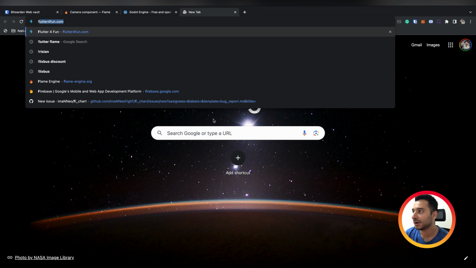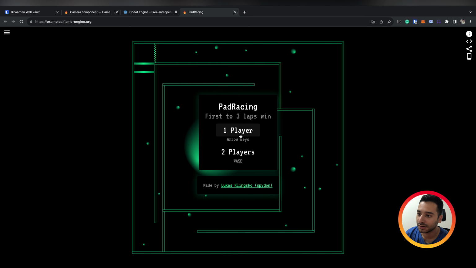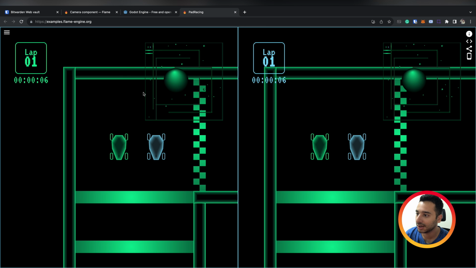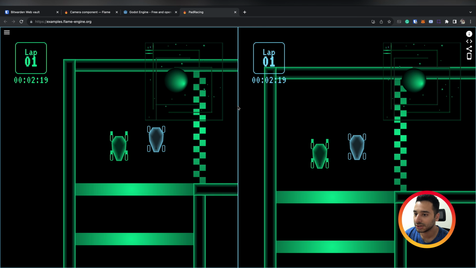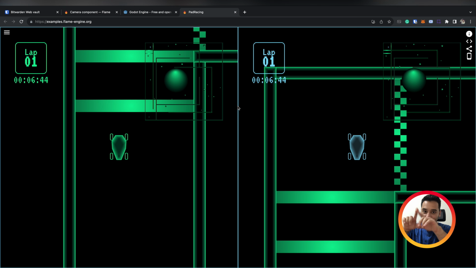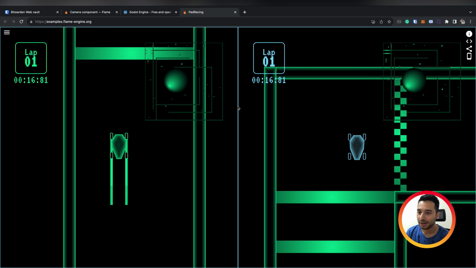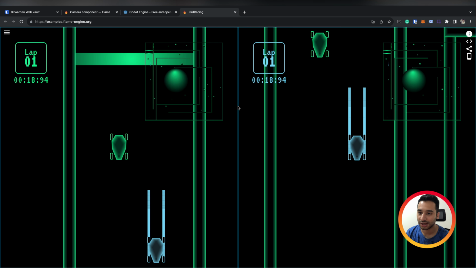as you remember, in the Flame engine we had examples, and the default one is a 2-player game, and you see 2 different sections in one screen. The left one shows the green car and the right one shows the blue car.